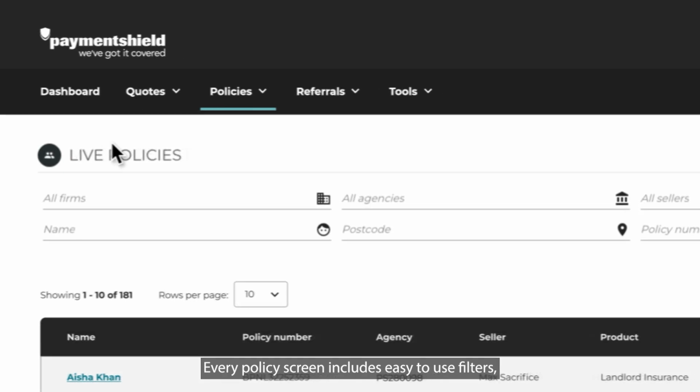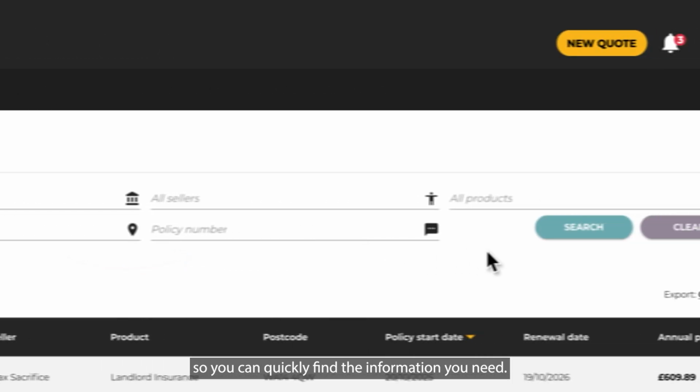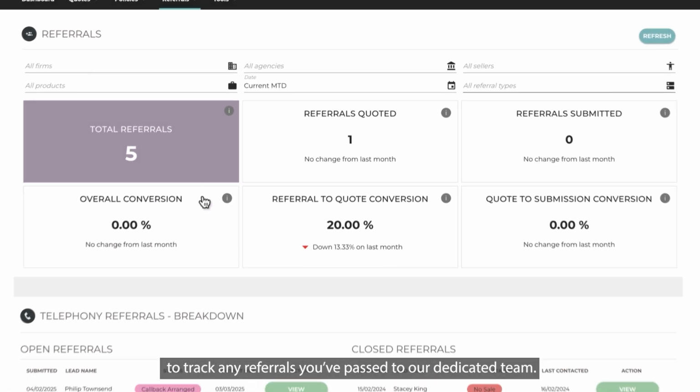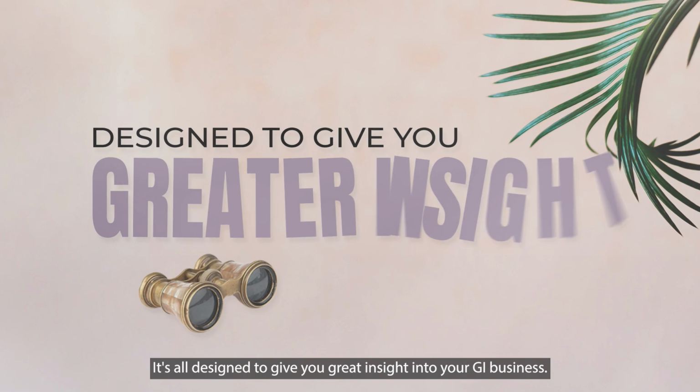Every policy screen includes easy-to-use filters, so you can quickly find the information you need. You'll also find a separate dashboard to track any referrals you pass to our dedicated team. It's all designed to give you greater insight into your GI